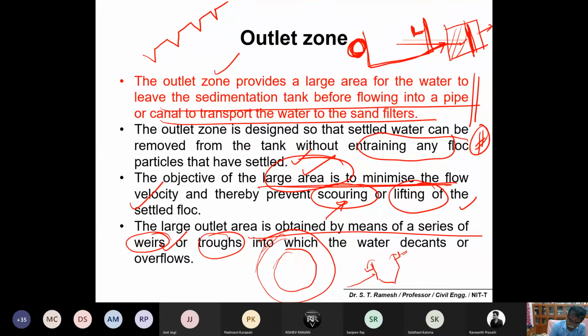If you want to measure how much treated water is coming out of the sedimentation tank, it is very easy. In the outlet weir, I measure the height of the water above the bottom of the V notch. Say, for example, this is the height. V notch calculation you would already be familiar with: how to calculate the quantity in the V notch. The plant operator will measure the height of the water in one of the notches, and he knows how many V notches there are in the entire circular sedimentation tank. Find Q per notch, multiply by the number of notches, and he may state it in cubic meters per day or million liters per day. Is it okay?